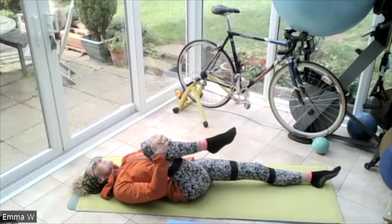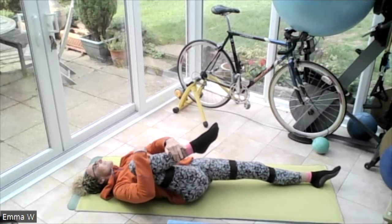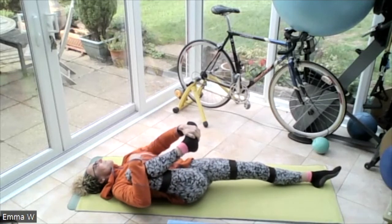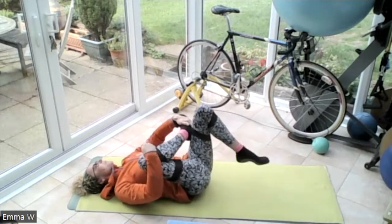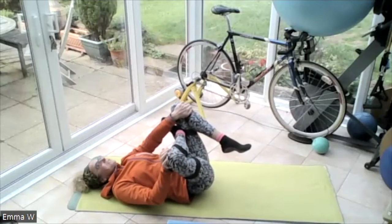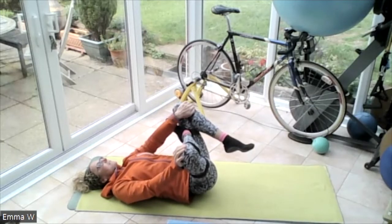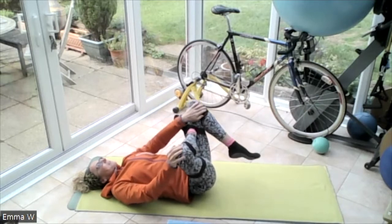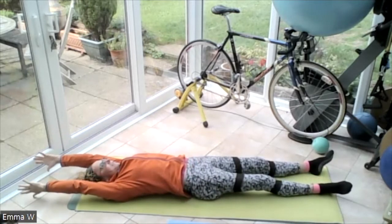So pull that right knee in towards the body, feel the lower back release. Stretching through that groin. Bring that left knee in and up, put the right foot on the left leg, pull the left leg towards, use your right hand on your right knee and push that right knee away. Keep those shoulders back and down. Breathing in, breathing out, release the left leg, release the right leg, take the arms all the way overhead,